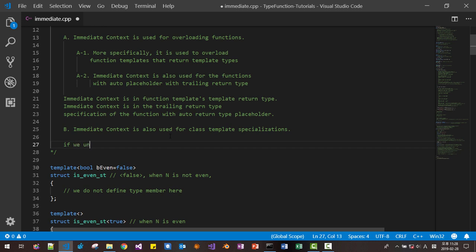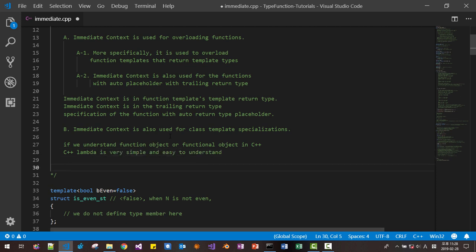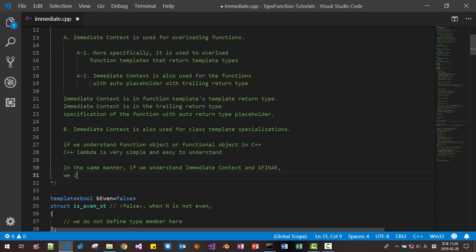If we understand function objects or functors in C++, C++ lambda is very simple and easy to understand. In the same manner, if we understand immediate context and SFINAE, we can readily understand C++ concepts that will be introduced to the C++20